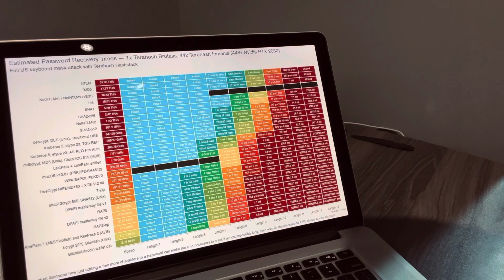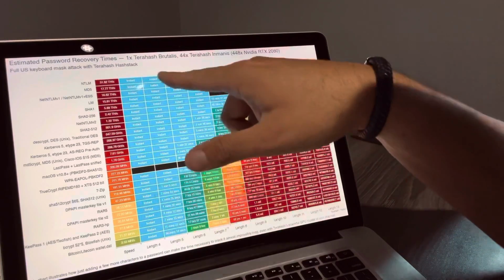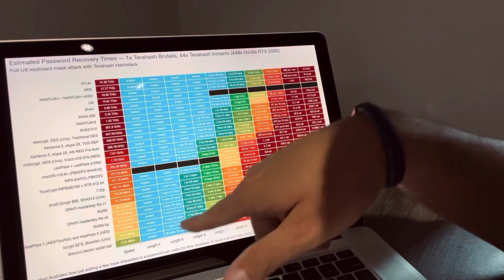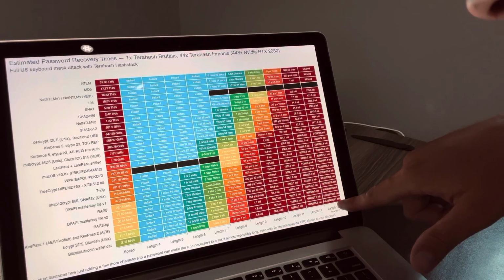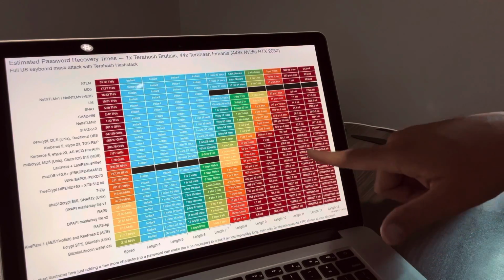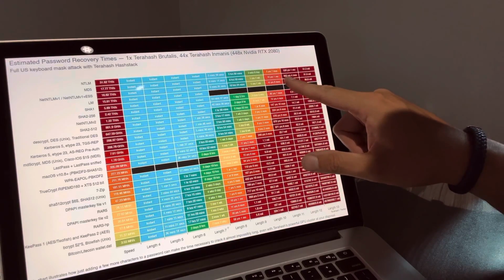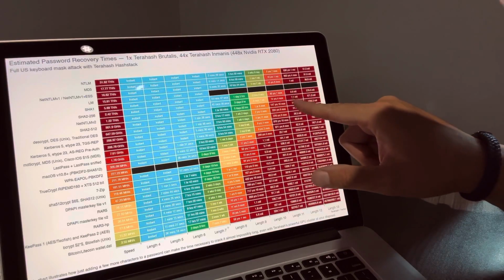Now here you can see all these different kinds of passwords. If the length is 4, 5, 6, 7, down here on the bottom you can see the headers, 4, 5, 6, 7, 8, and so on. Instant. Here it'll take a minute, 2 minutes, 10 minutes, 36 minutes, whatever. You can see that the darker the red, this is like millions. I think MIL stands for millions, or millennia. It might be millennia, like 963 years. Yeah, so that's millennia. So 1 millennia, and so on.